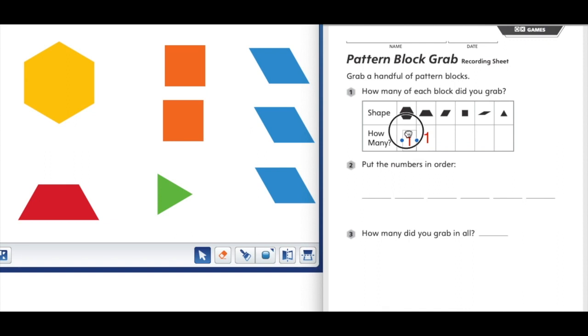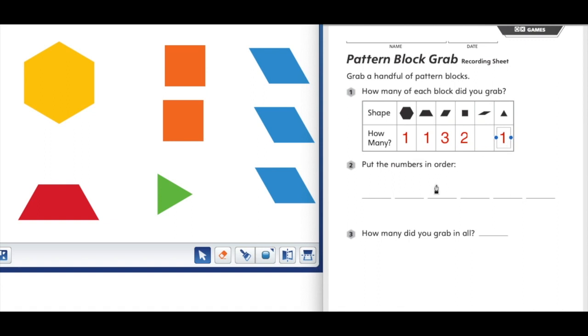So I know I have 1 hexagon and 1 rhombus. I'm sorry, 1 trapezoid. I know I have 1 hexagon and 1 trapezoid. How many rhombuses do I have? Yeah, friends, I have 3 rhombuses. So over here in my rhombus, I'm not going to put a number 1 again. Instead, I want to put the number 3. Then I'm going to keep filling this out for all of the shapes that I put on my drawing pad. 3, I have 2 squares, I have 1 triangle,